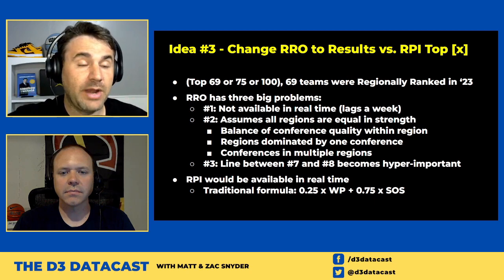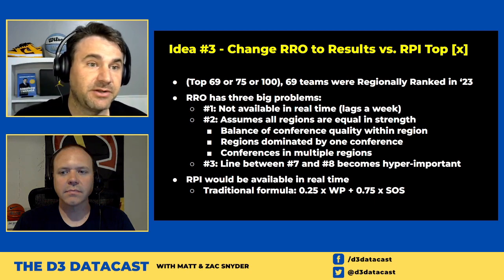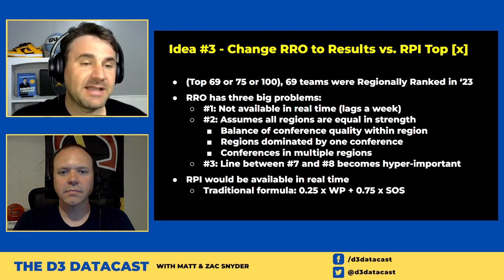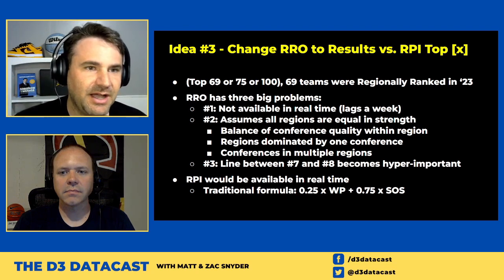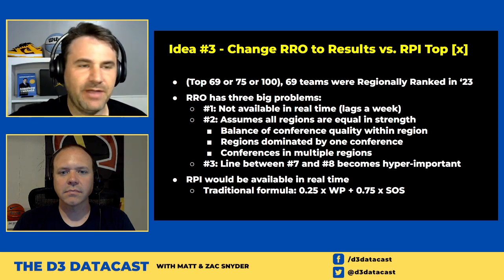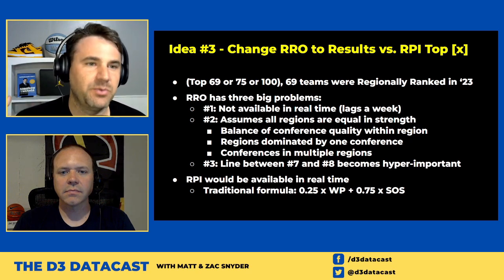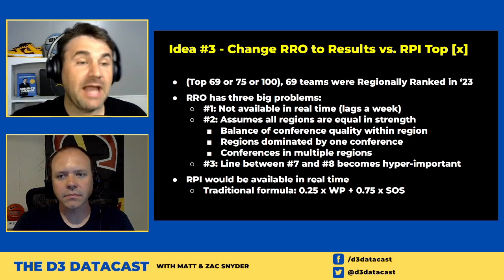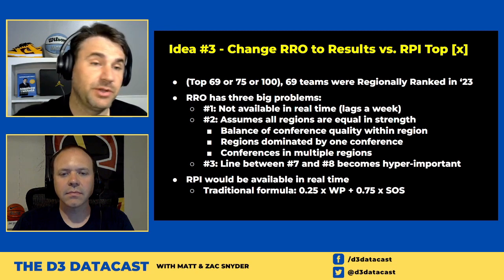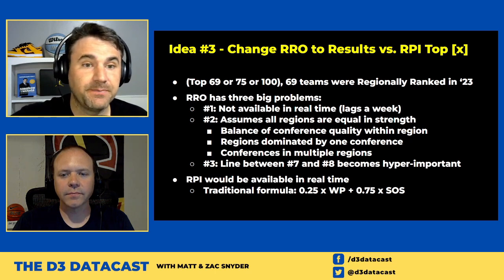And then because the final ranking could become an iteration cycle, they just say, okay, the last and second to last rankings all count for regionally ranked opponents. So even if a team fell from 7 to 9 or 10 in their region, they still count as a regionally ranked opponent, just because we can't iterate forever. RPI would get rid of that problem. We'd have the data in real time. It would just be boom, here it is. Use it to do your regional rankings this week, and that'd be easy.